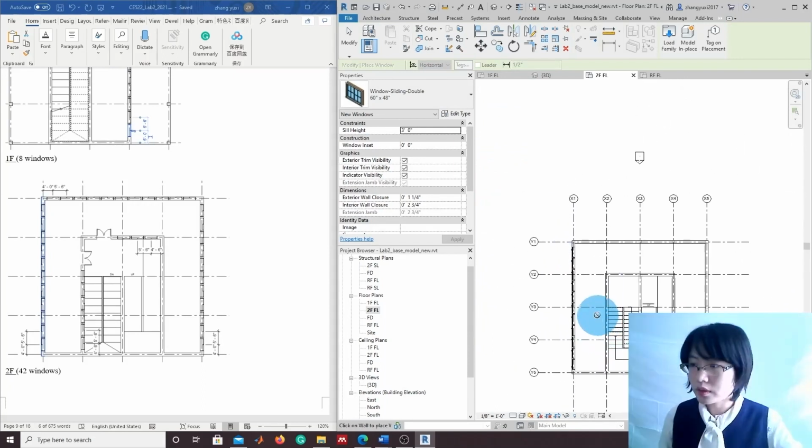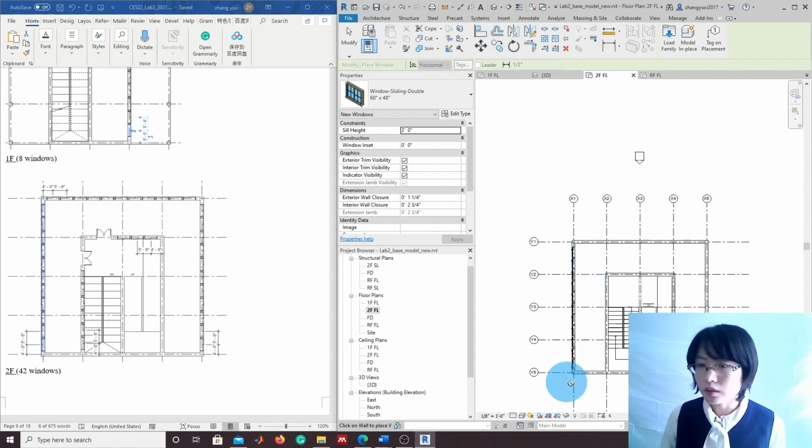Okay, now we have 13 windows on this wall, and you can check this picture, and you may notice that